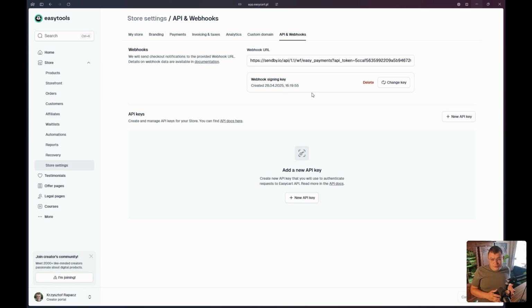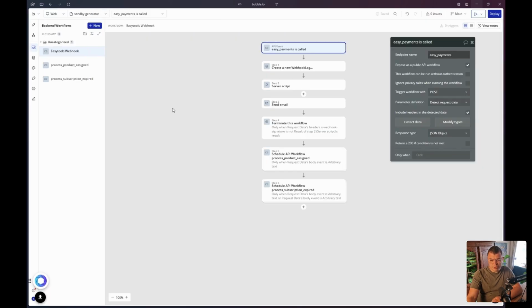What I will show you is adding another verification step that will make sure that it's even safer. So we'll be using this webhook signing key. So another solution, apart from the API token, this will be used as well. I already have it generated, and I won't be changing that. But if I click this, I get a new webhook signing key. I have to copy that and use it in the backend workflow. So going back to here,